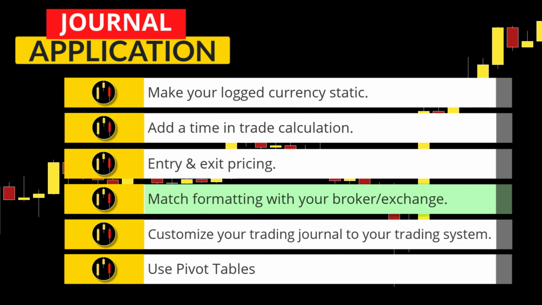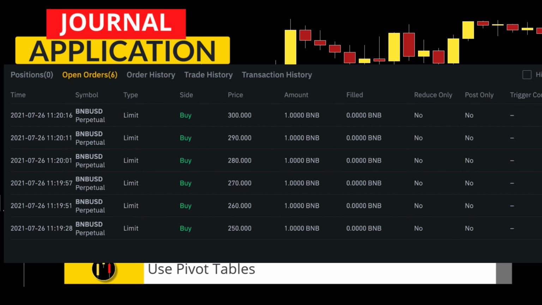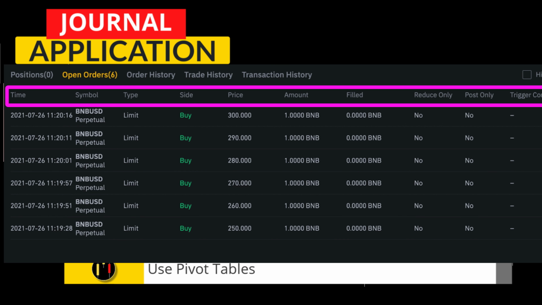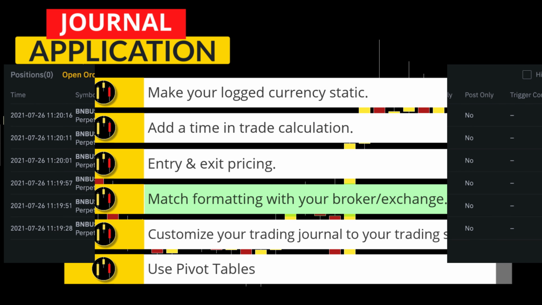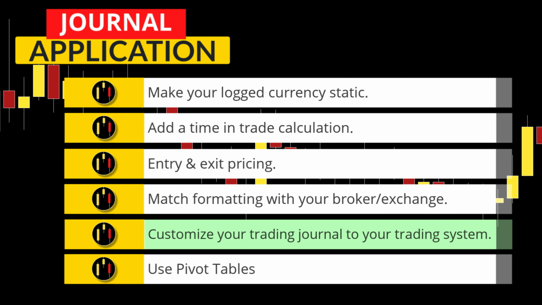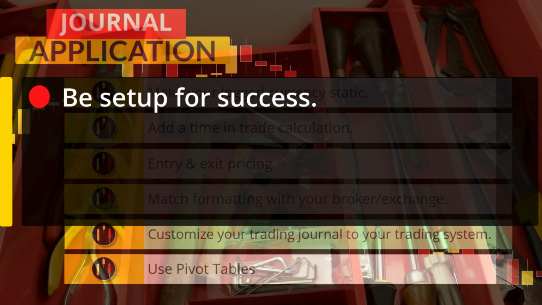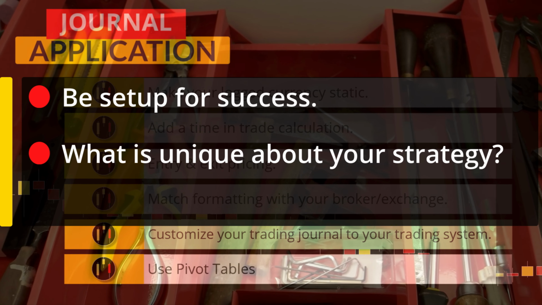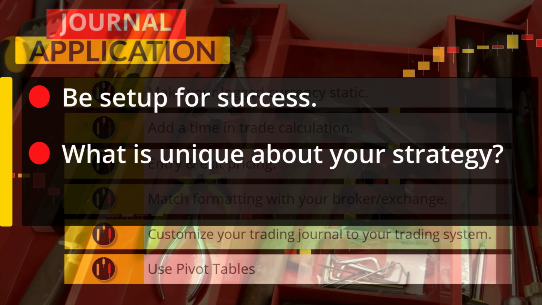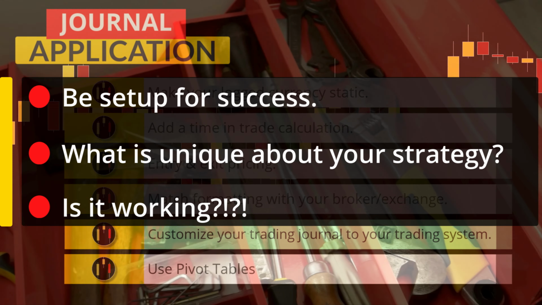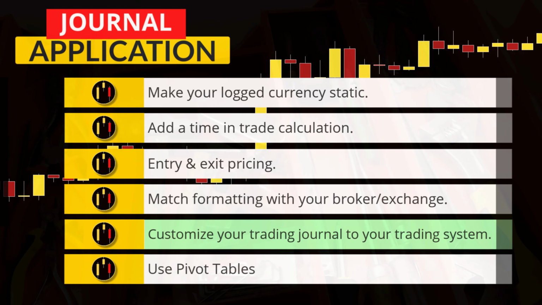The fourth tip is just a time-saving measure, but most, if not all, exchanges and brokers have most of this information readily available to copy and paste into your log. So you may want to rearrange your log in the order that your platform has it, so you can easily cut and paste data into your spreadsheet. Fifth, your log should accommodate your trading system and style, not the other way around. For example, in my trading system, I have 3 different levels that I take my entries on, and I make sure to log that. Is there something special about your trading system that should be noted? Make sure to include that in your log.